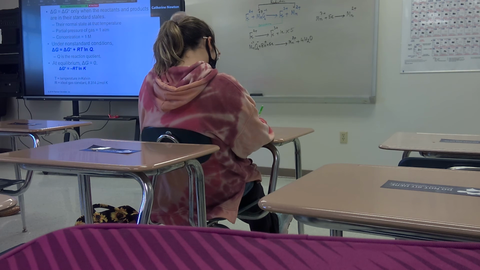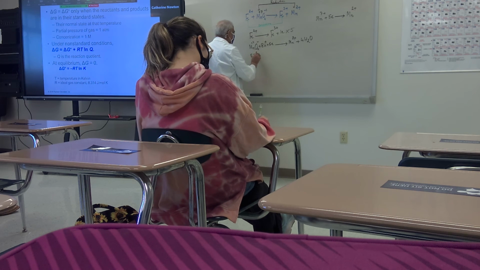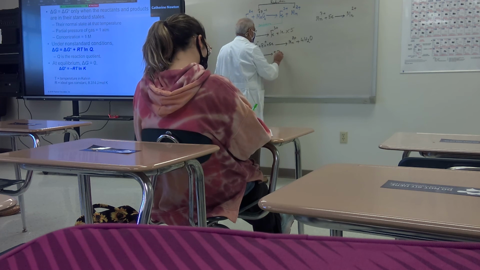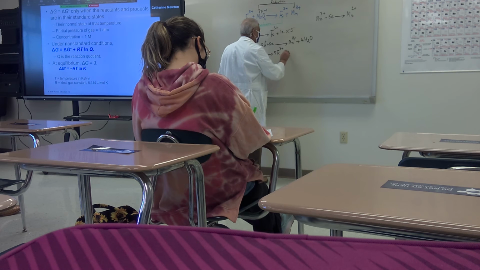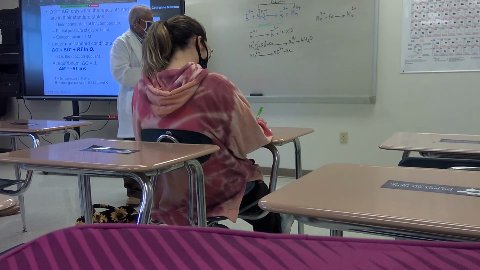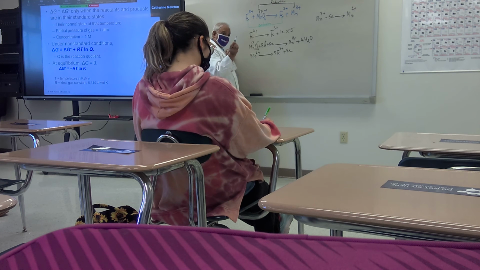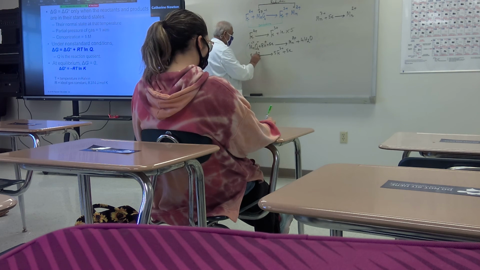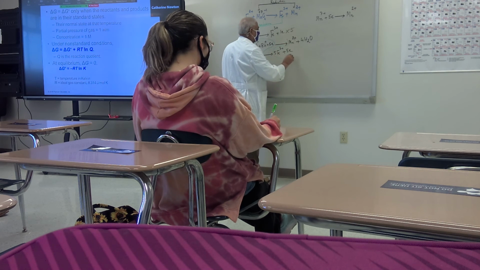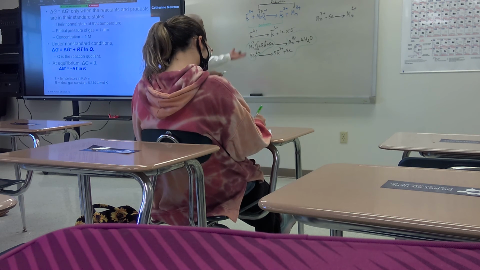Then multiply this equation with 5. Whole equation. If you multiply that whole equation, you are going to get what? 5Fe2 plus, 5Fe3 plus 5 electrons. Agreed? Right? Now, what I am going to do is, watch me here, you can copy down later. I am going to add all the left hand side quantities and I am going to add all right hand side quantities. Can I add them? I am adding.